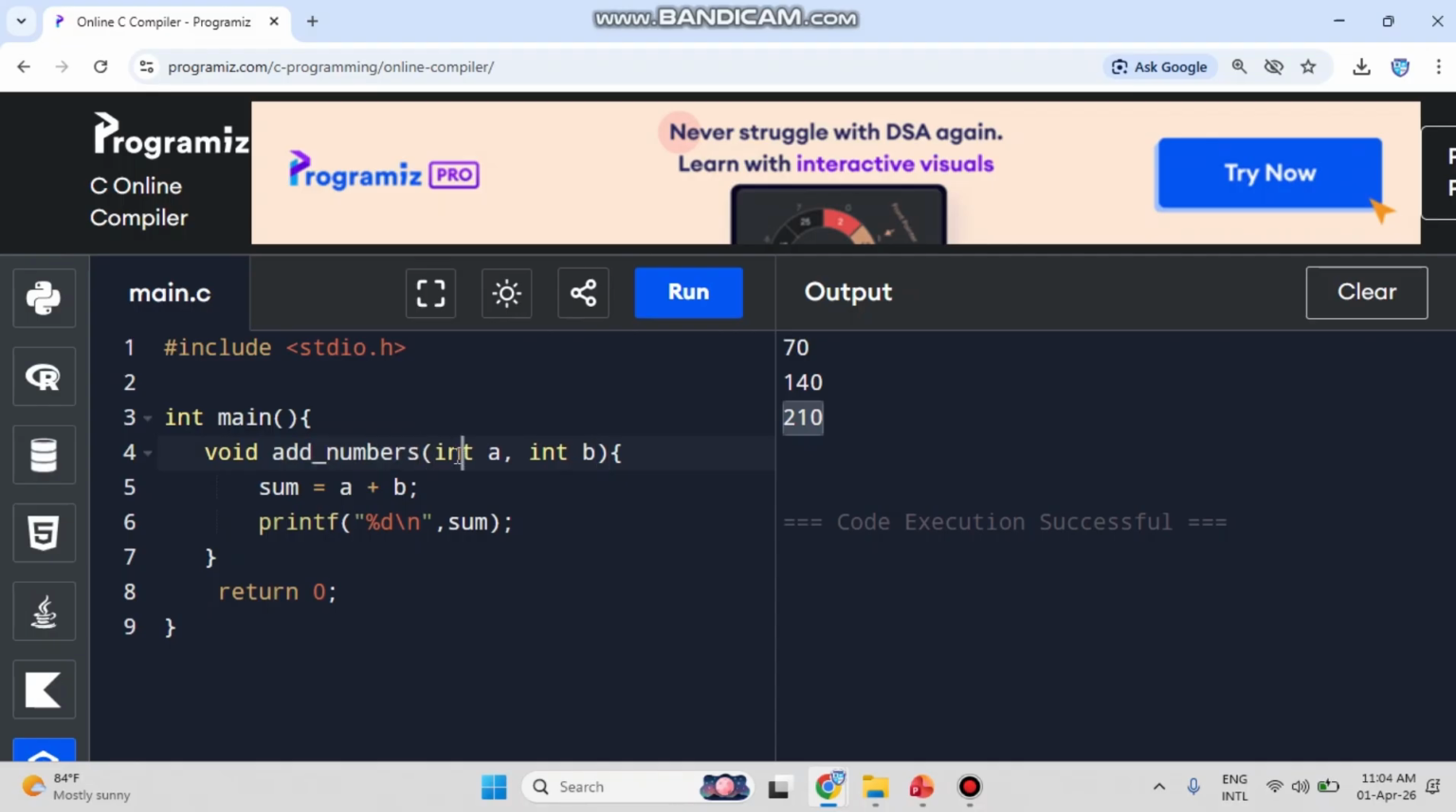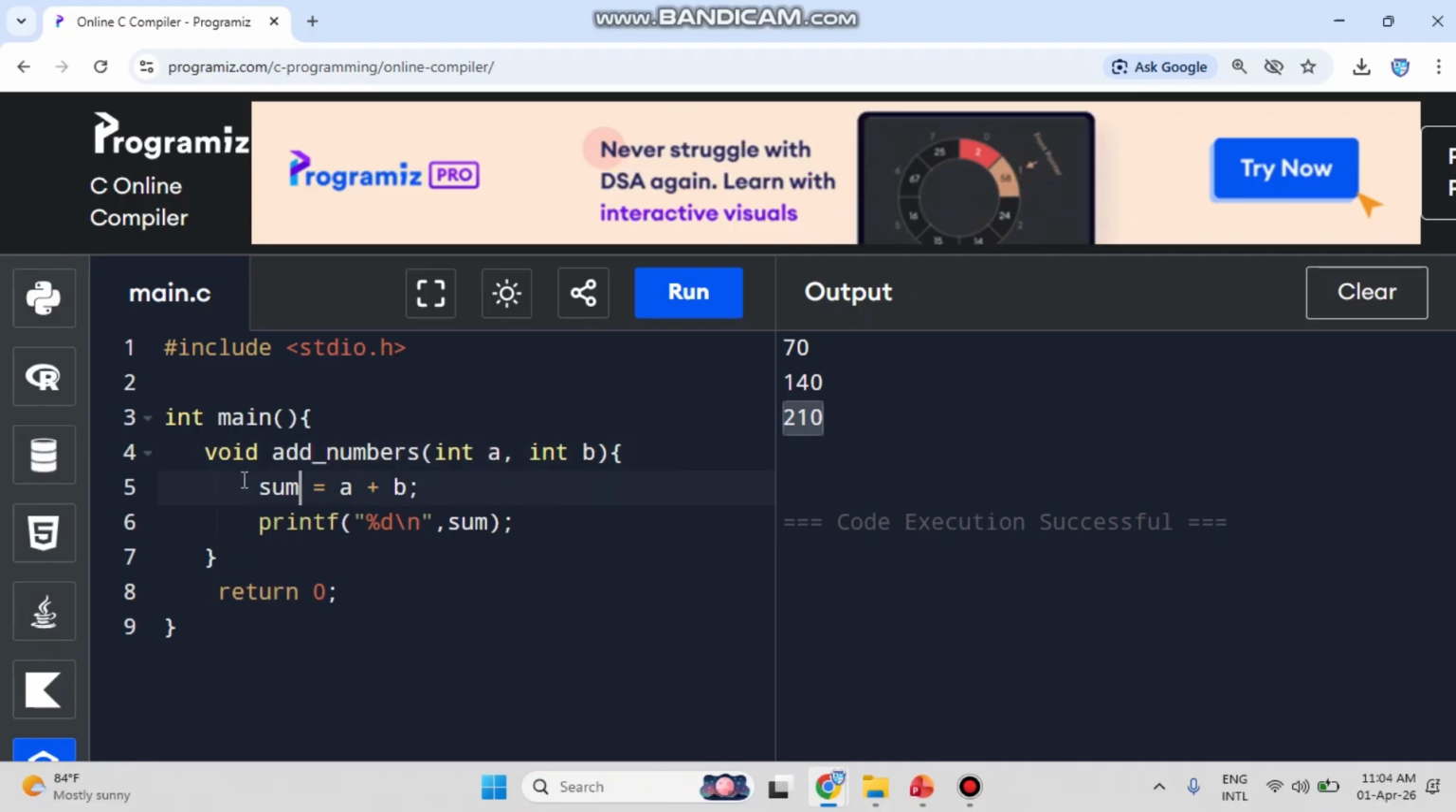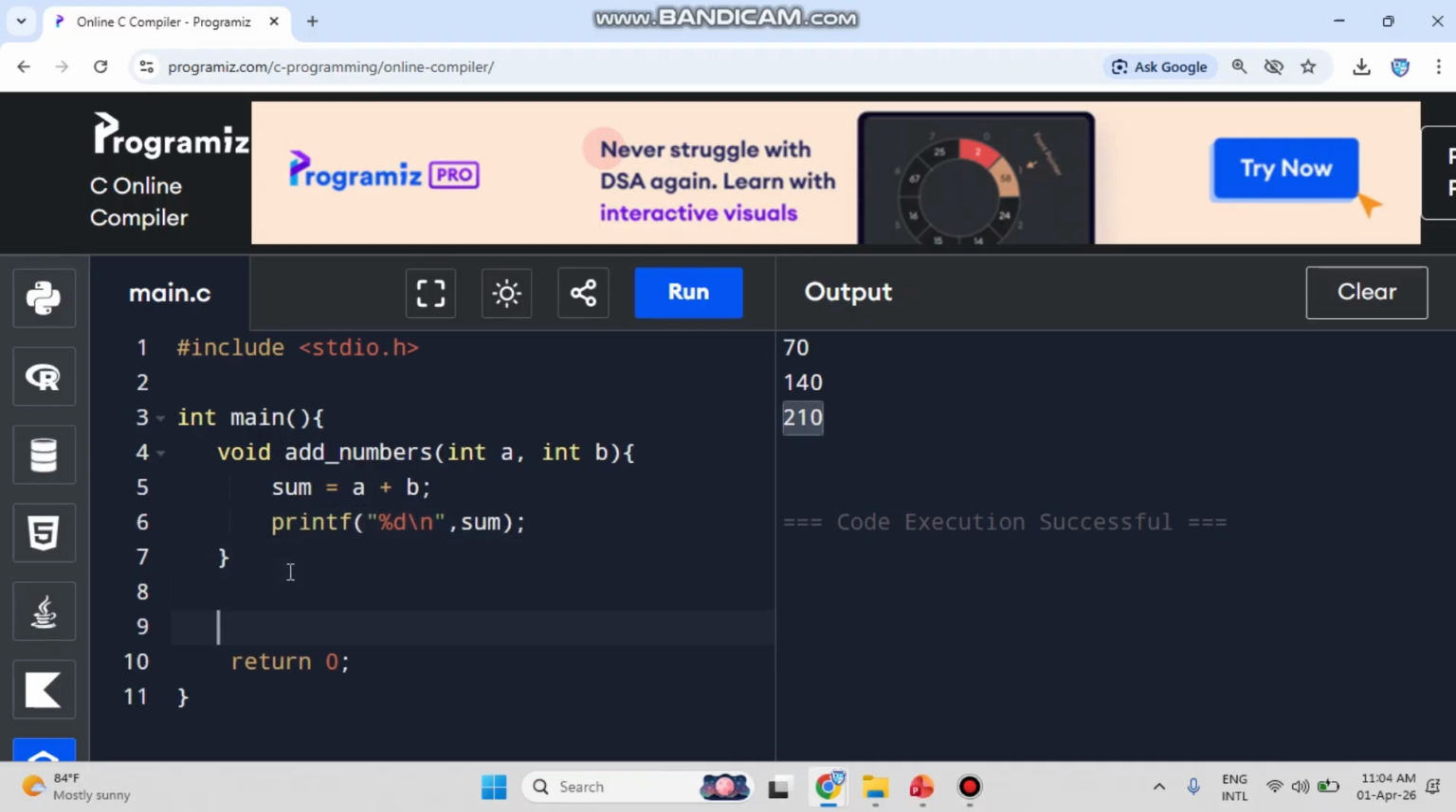Okay, in that function I pass two values, integer a and integer b. Inside the function I did one task: I want to do the sum a plus b, and I want to print that. So, whenever you want to calculate something,